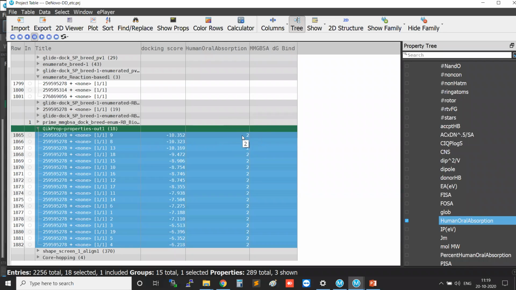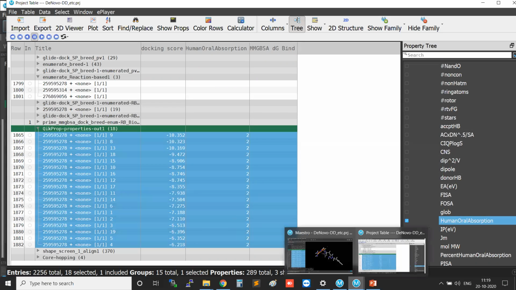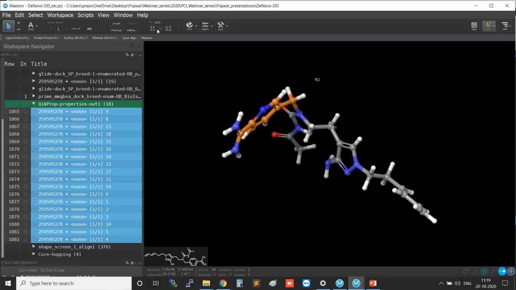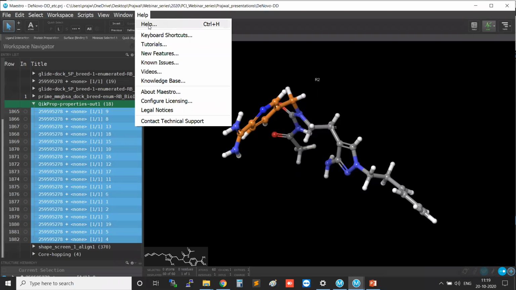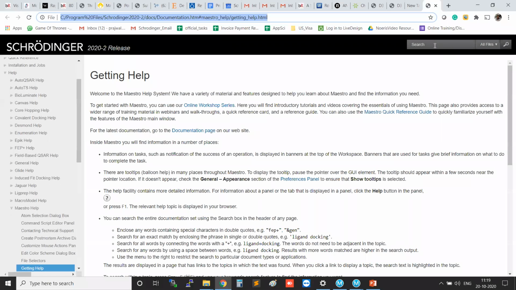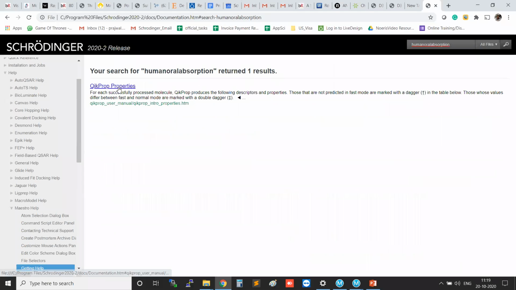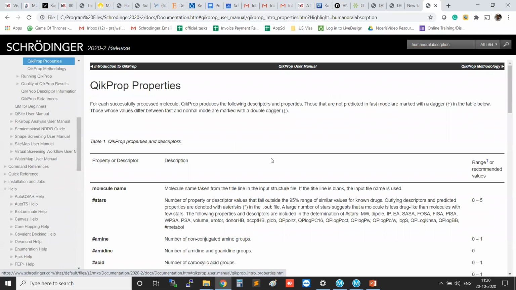For that, we always have the help option. If I want to interpret these numbers generated from QuikProp, just go to Schrodinger, you have the help option, just go to help. In help, let's say I want to see the property called human oral absorption. So I just type it, okay, this is what I wanted to see. I just search for it, and it is simple like a Google search. It gives me the option for QuikProp properties. If I click on it,